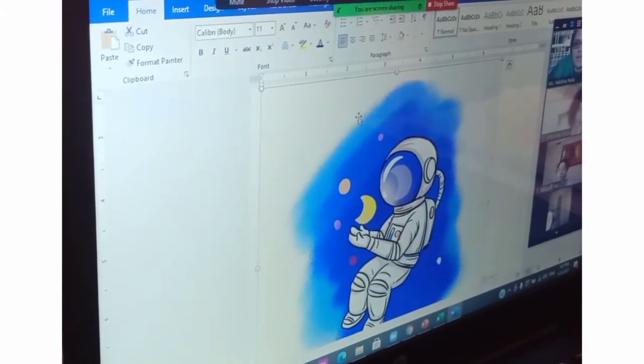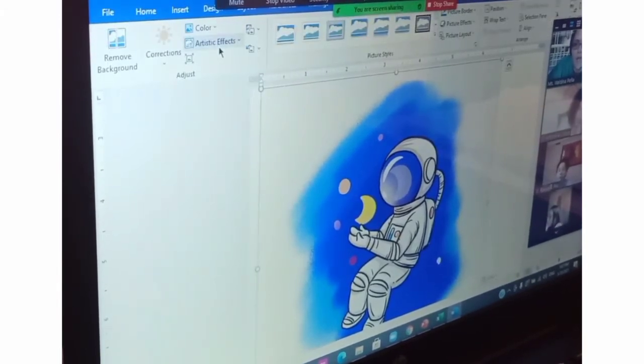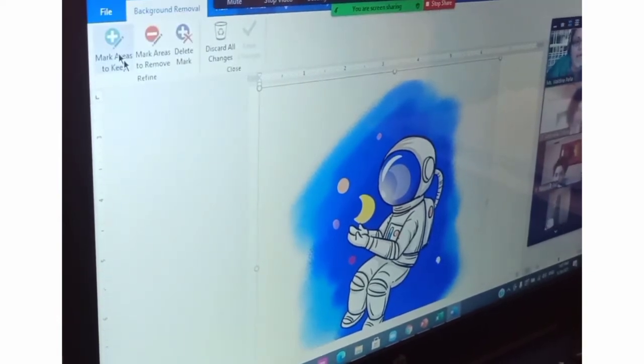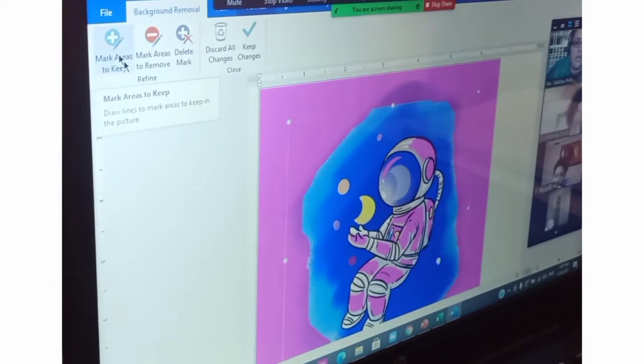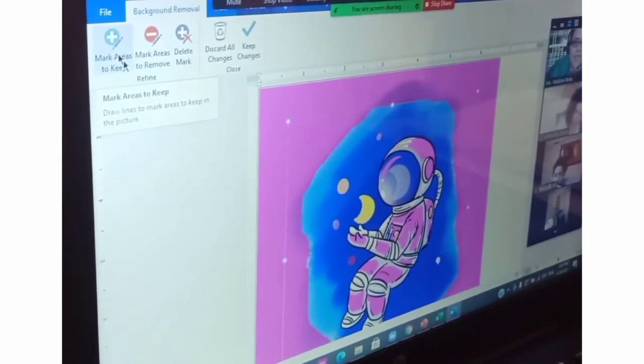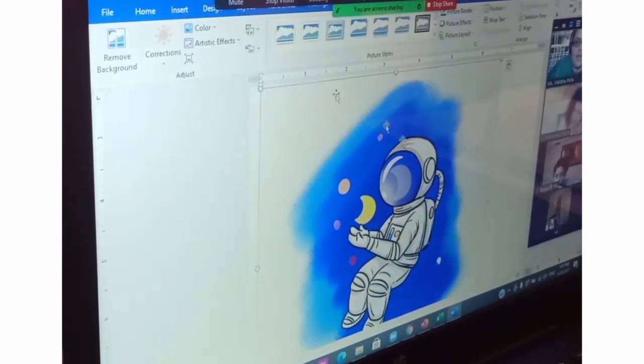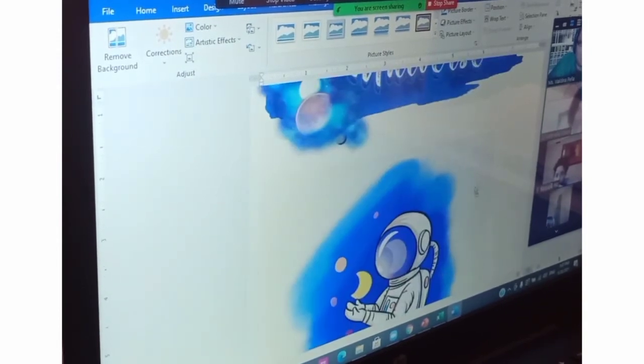This has a background. It's a white background, so I will remove it. Why? Because when I put it on top of the title, it will cover the title with white. So I don't want that to happen, okay? So let me show you. If I move this picture on top of this one,